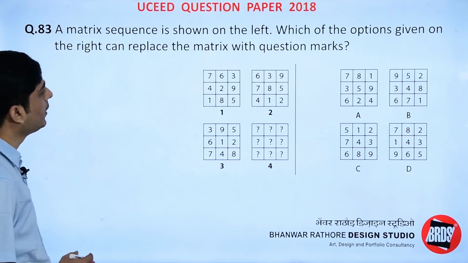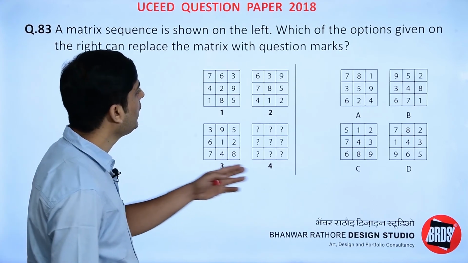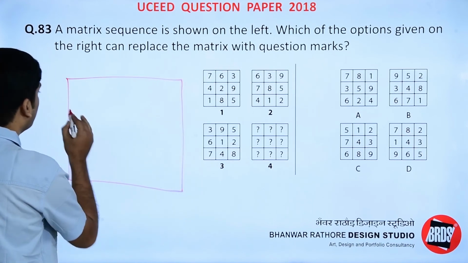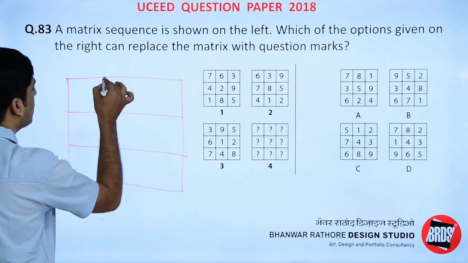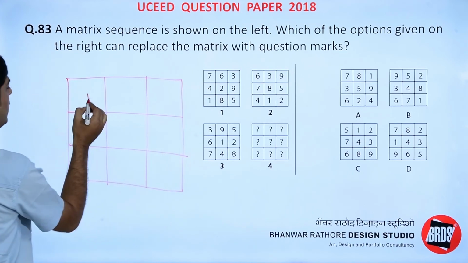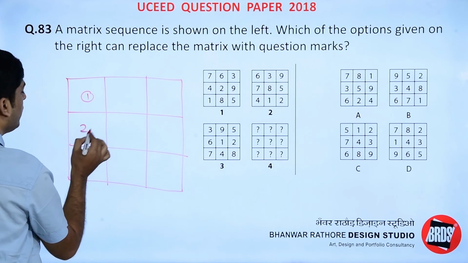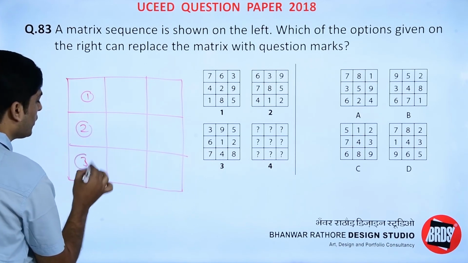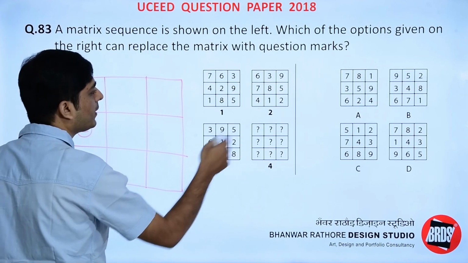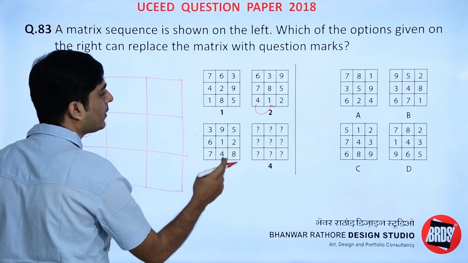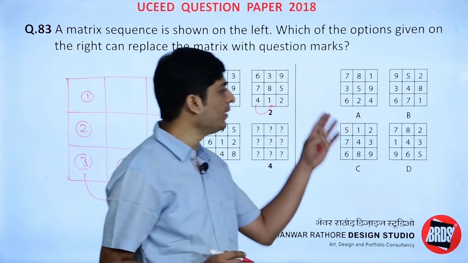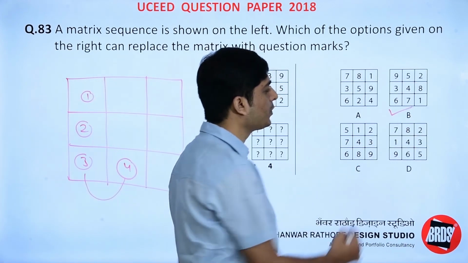In the matrix sequence, 1, 2, 3, 4, 4 figures are given. We have to identify the fifth one, which would be suitable. We observe one number. Let's say in the first figure 7 is occurring on this position, in the second one 7 is occurring on this position, on the third one it is available on this position. So we have to identify what would be suitable for the fourth one. By observing the second and third matrix, we can say 4 is shifting from this place to this place. So we can say in the next one 7 should occur on this position. By seeing the options, we can say there will be one option that is suitable for this condition. So option number B would be correct.